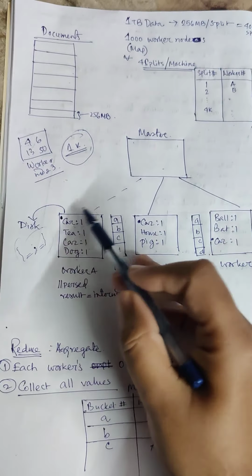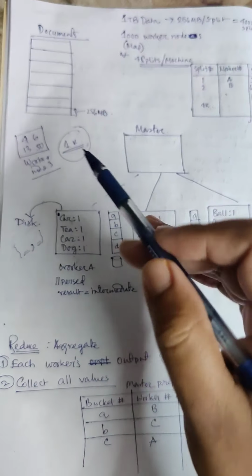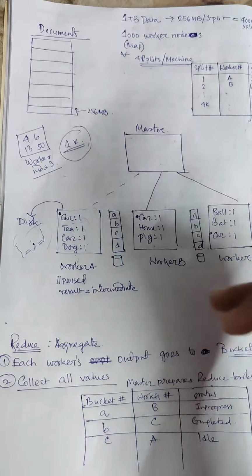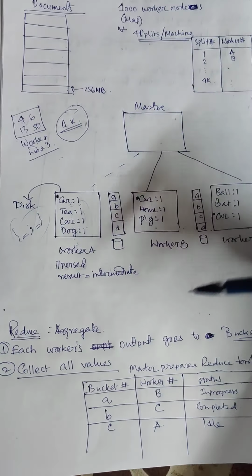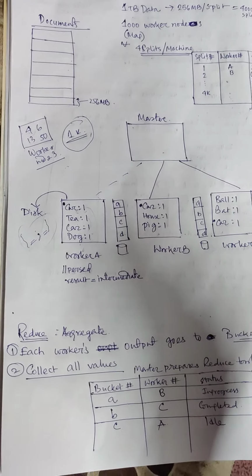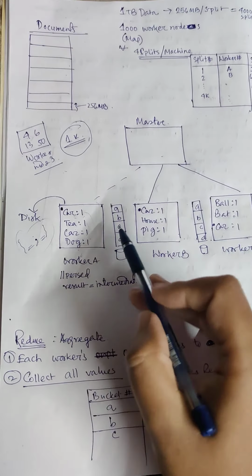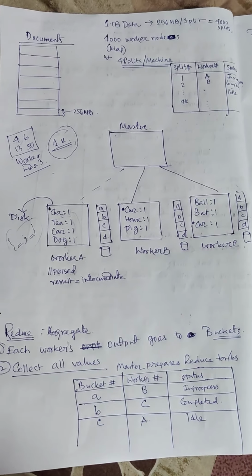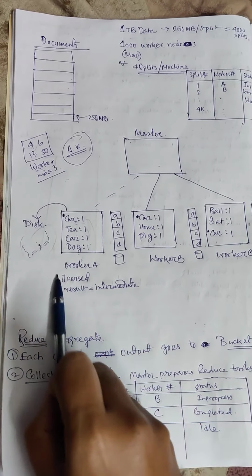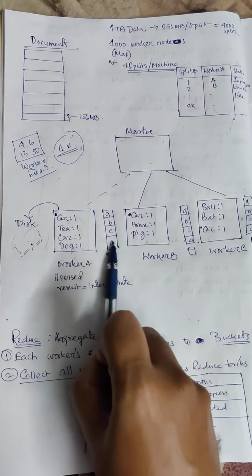I mean, even if we don't append it, we can create some aggregation on top of that. We are not doing that in this map stage. So what we will be doing in the reduce step, the first step in the reduce stage, is to create buckets. Every worker node is going to have some buckets, and the worker's output, which is an intermediate output, will be stored into corresponding buckets.